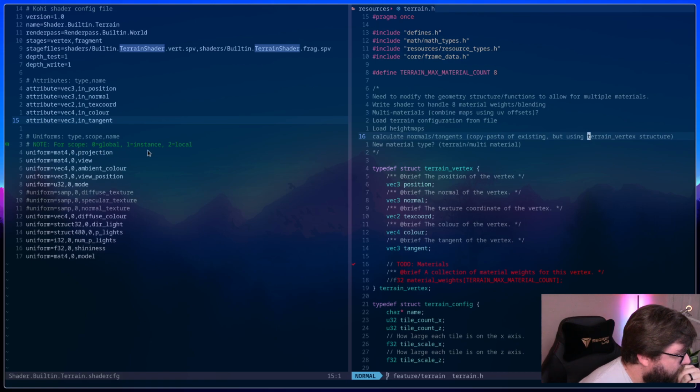So our all of this makes sense. We don't have any diffuse, or we don't have any samplers rather. Diffuse color, directional light. All of these sizes make sense. Okay, so I don't see anything here that immediately jumps out to me as being wrong.